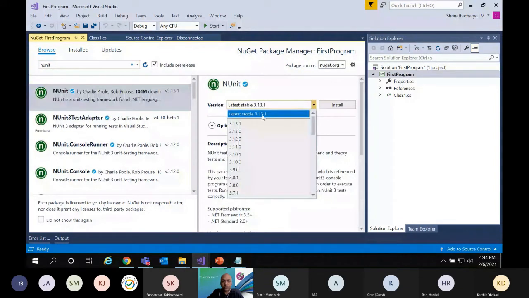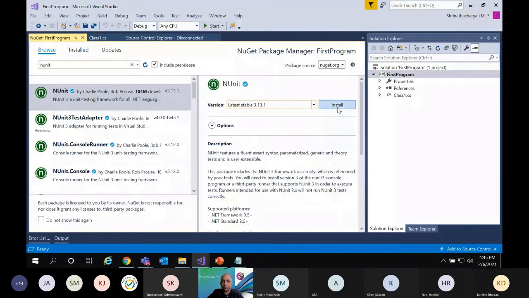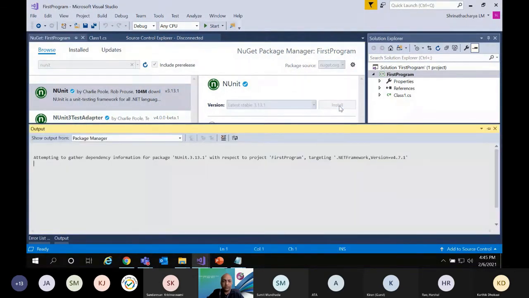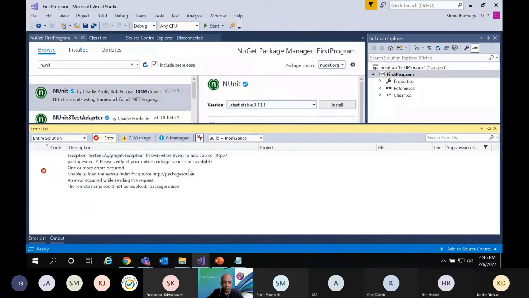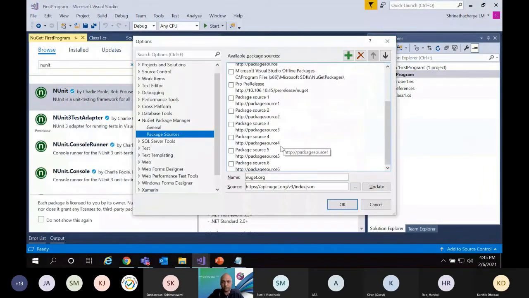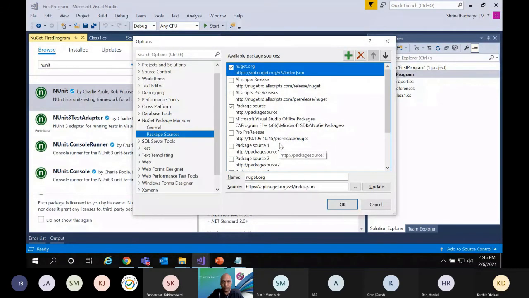Always import the latest stable packages. You click on install. It will take a couple of seconds and it will install. Okay, some exception is being thrown. The one which I tried to add, I have to remove the package source.